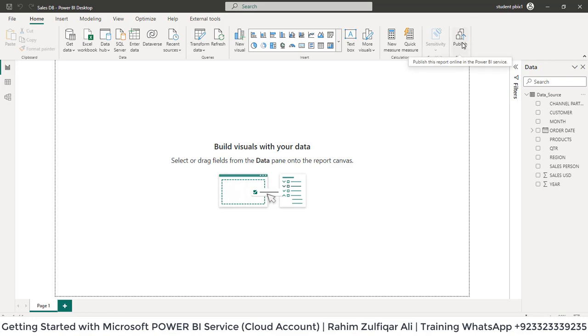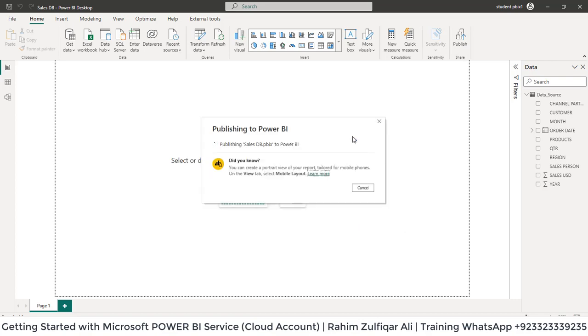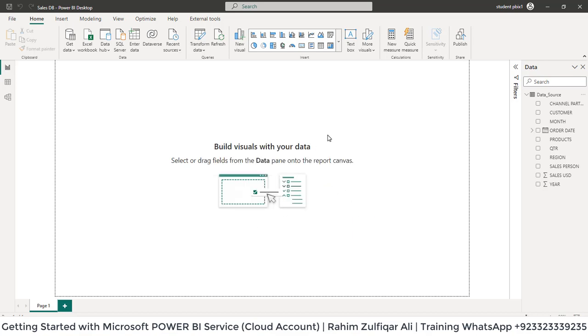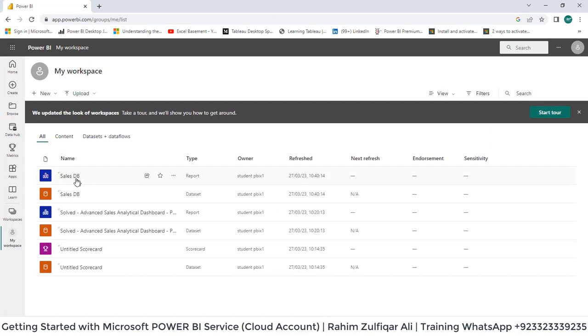And what we will be doing is publishing this report. So click on publish, select the workspace, and it says success. Okay. Also it shows you a message: you can create a portrait view of your report or tailored for mobile phones on the view tab and select mobile layout. Alright, so we have published this report, which doesn't have any kind of dashboard, we just imported a data set. Now let's go to the cloud account, and as soon as I get here, you can see